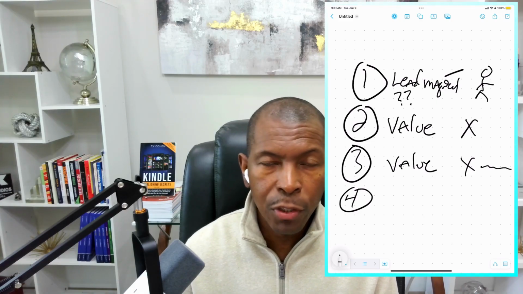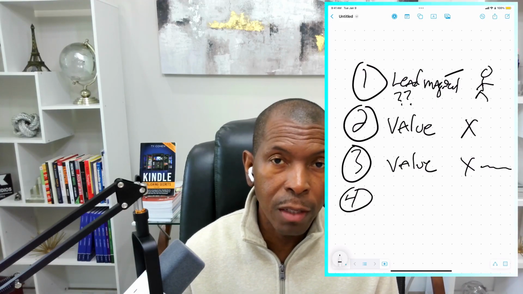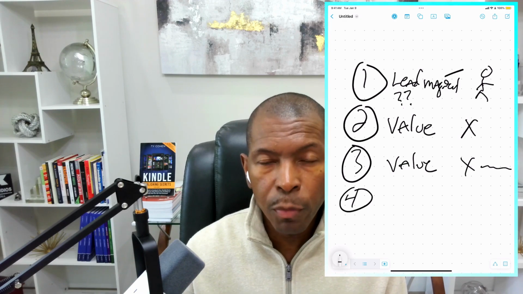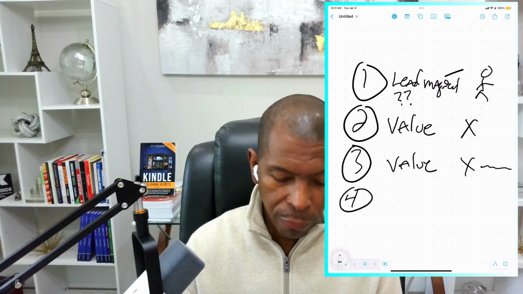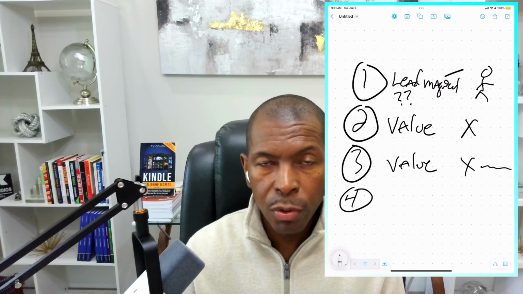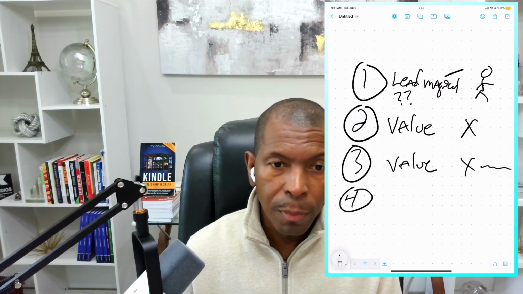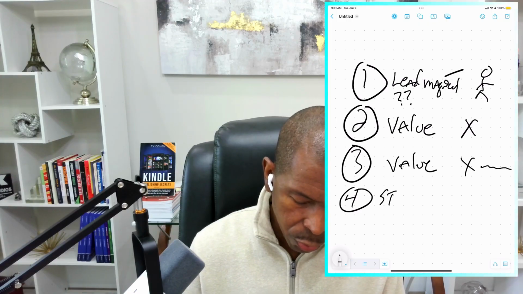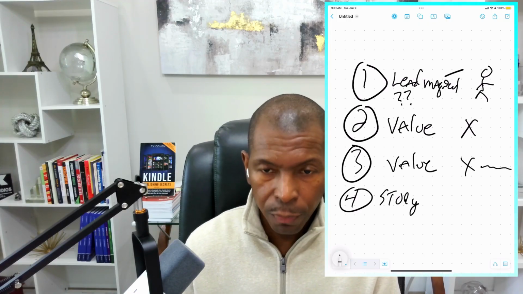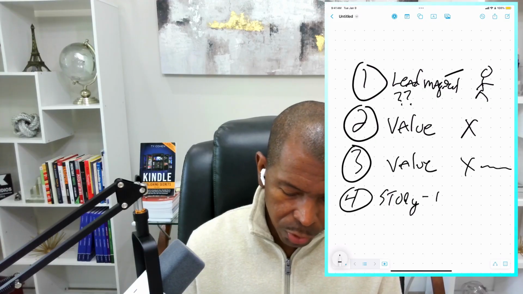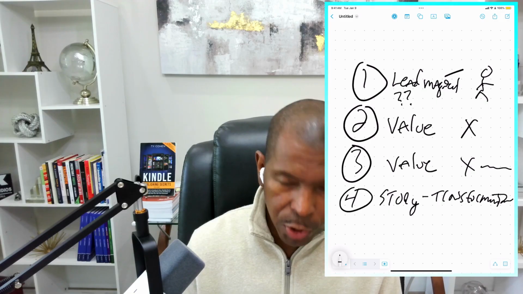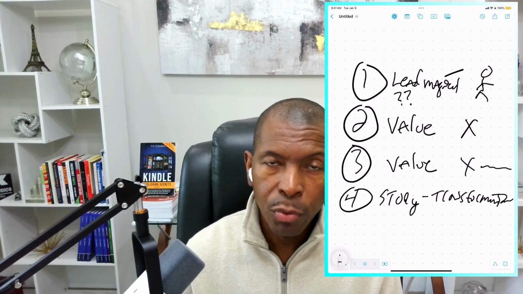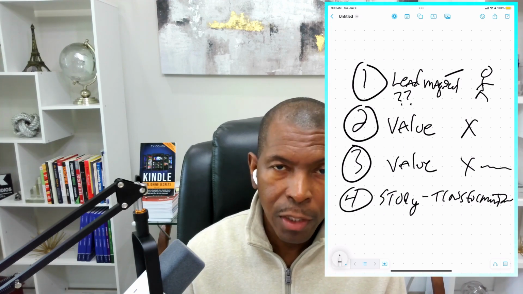If it's a course or if it's a nonfiction book, what was the issue that you had and you overcame, right? Or what was the thing that you saw so many other people struggling with and suffering with that you knew you had a solution to and you wanted to go and provide the solution to that problem to other people, all right? So email number four is going to share a story of some sort, right? So a story, and it could be a story about the transformation that either they will experience by going through your course, your book, or that you went through, how you came up with your solution, and then you had to put this thing together.